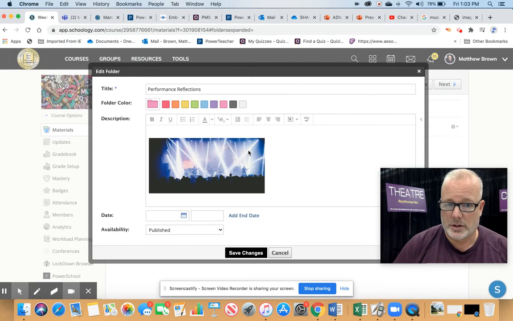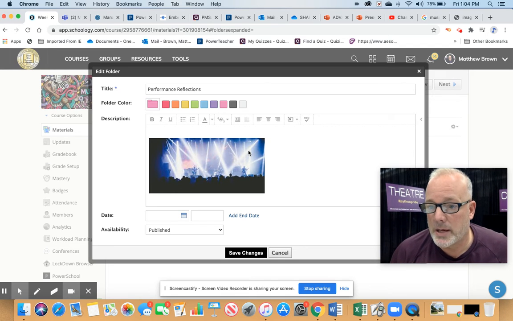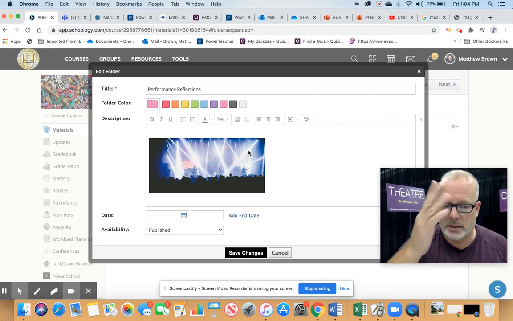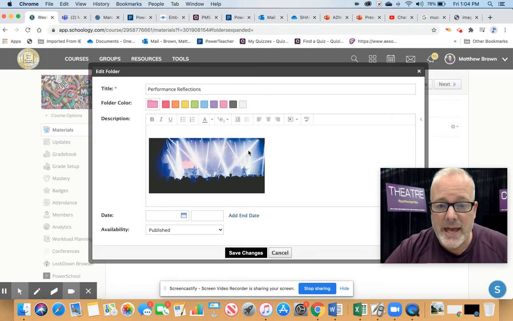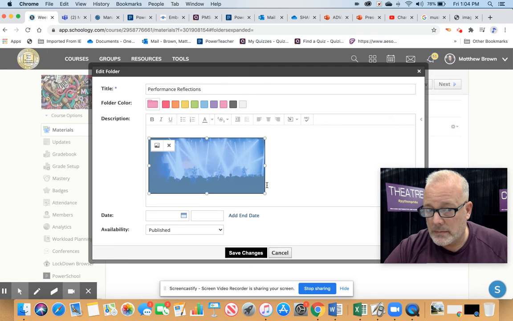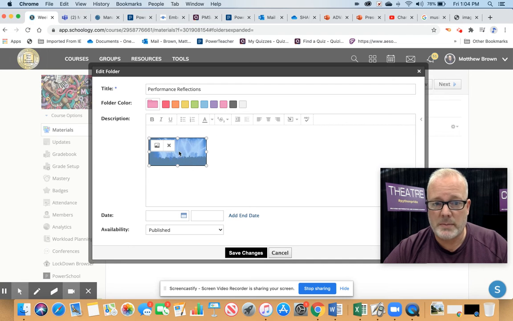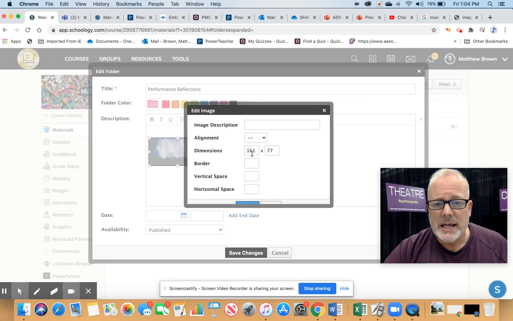And I'm going to insert. And it's going to put that image in there. So I haven't had to upload anything. I didn't have to download anything. It's going to put it right there, okay? And then I have a couple options. I can resize it if I want to. And I can simply do that by grabbing the handlebars here and resizing it myself, because maybe I don't want it that big. I have found that if I